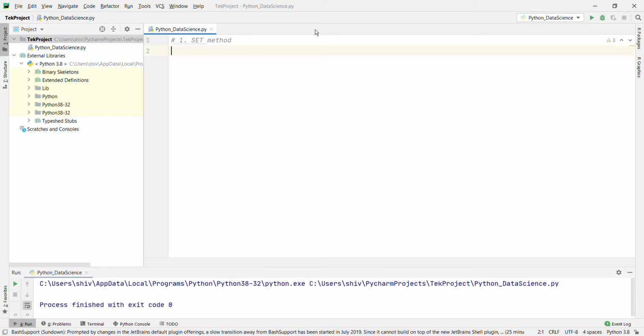The set function returns a set object from an iterable, for example, a list. A set is an unordered sequence of unique values. Thus, unlike a list, sets do not have duplicate values. One use case of set is to remove duplicate values from a list or tuple. Let's go with the example.